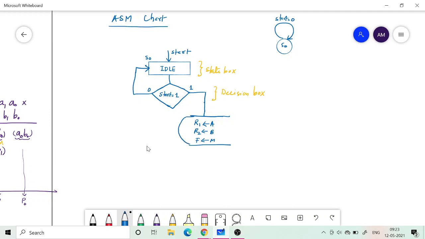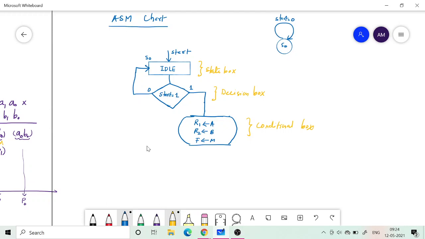Whenever input determines what action is going to be taken, we have a new block, and that block is called a conditional box. This is the shape of a conditional box. You can draw it this way also.